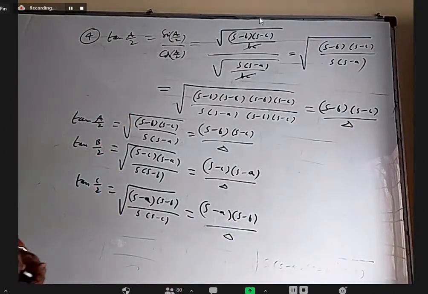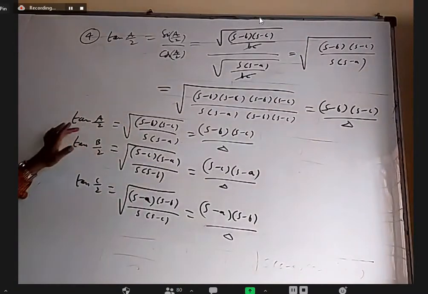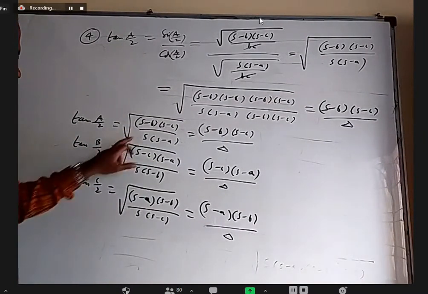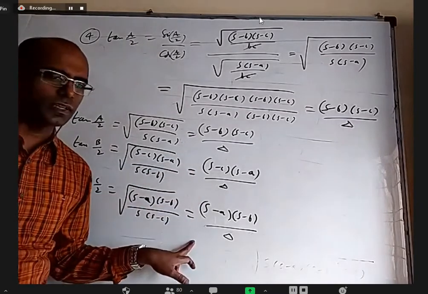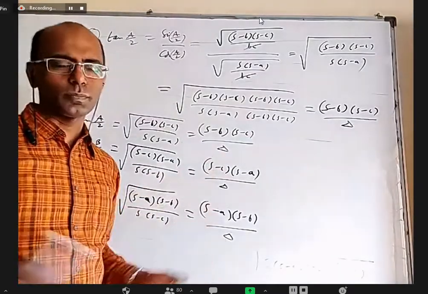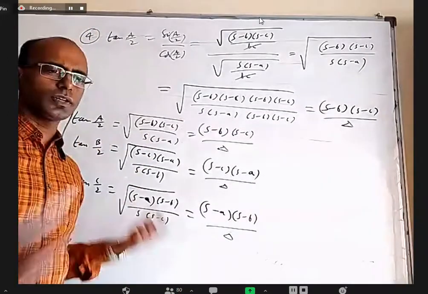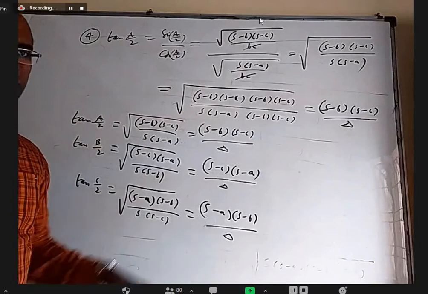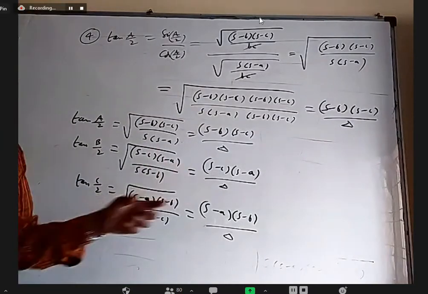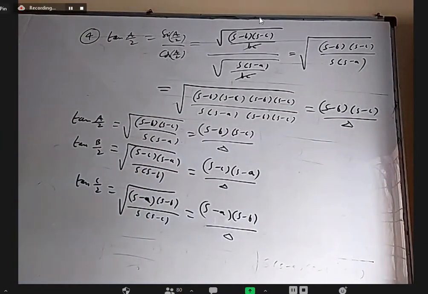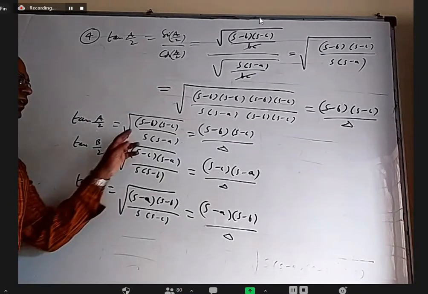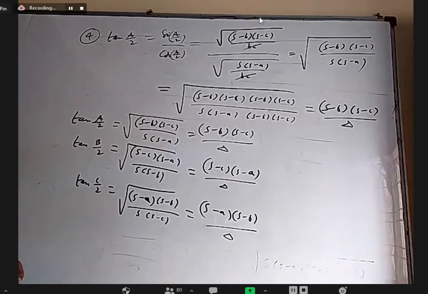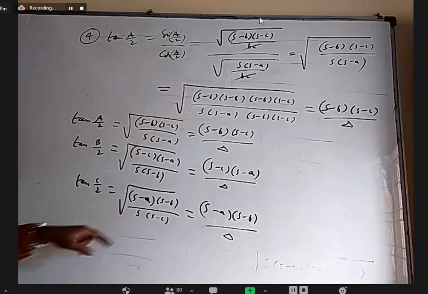When the second formula is useful, let's say I have to add tan A by 2 plus tan B by 2 plus tan C by 2. That is a question. Adding these three is more convenient with the second formula because denominators are same. I can add numerators directly. Here I have to take LCM of all the denominators and all that. So this second formula has a role, especially when you have to add few things where denominators are same. It is easier. This formula also has a role. Sometimes you might have to multiply two things, tan A by 2 into tan B by 2. Then compared to this, this is better.